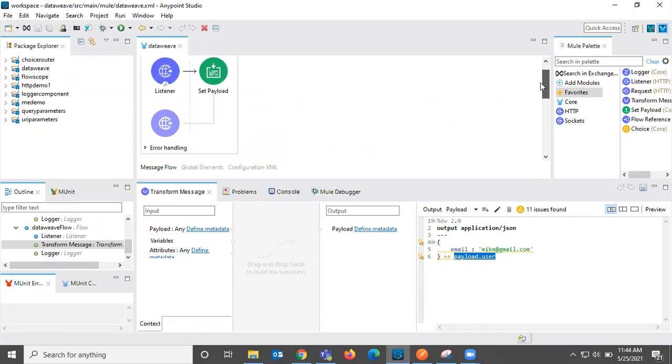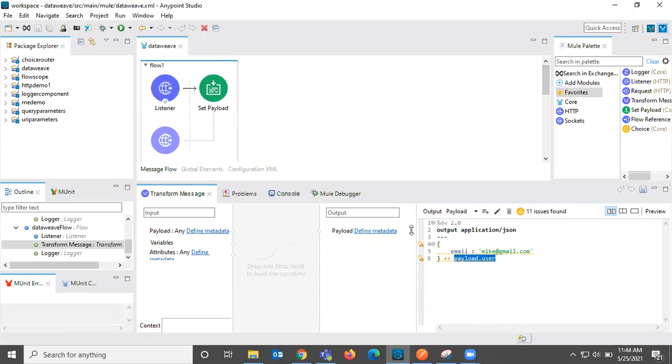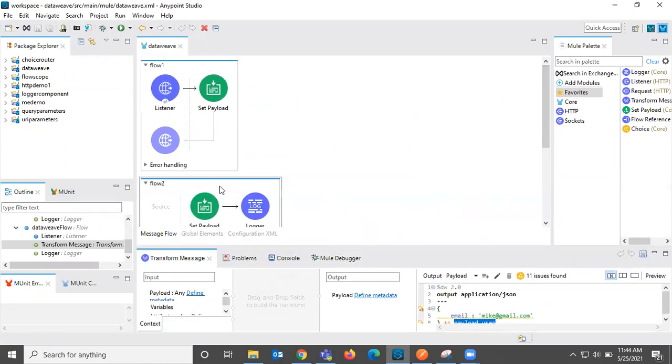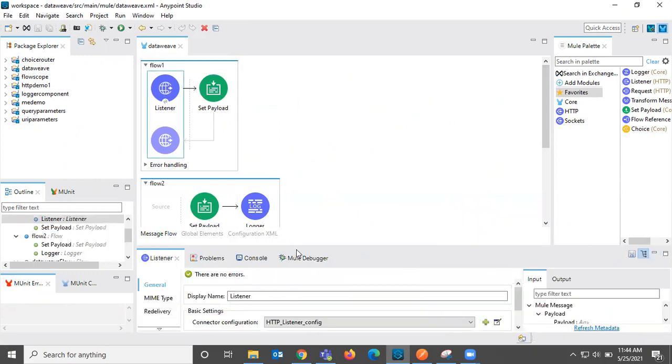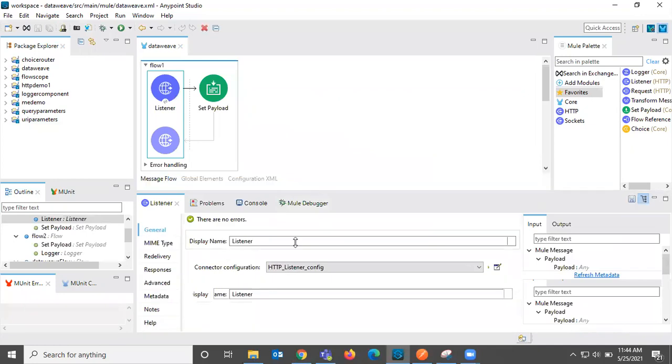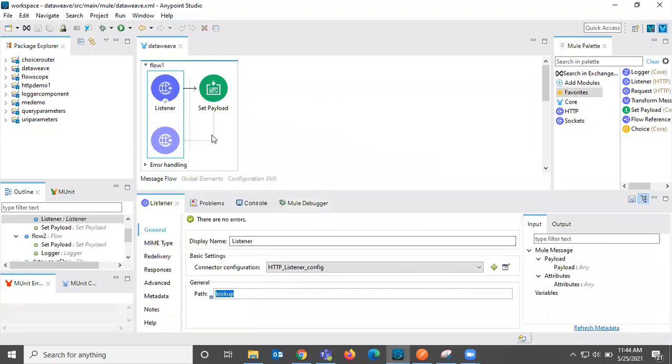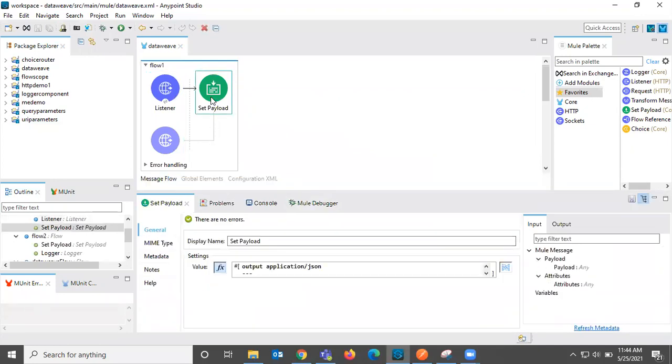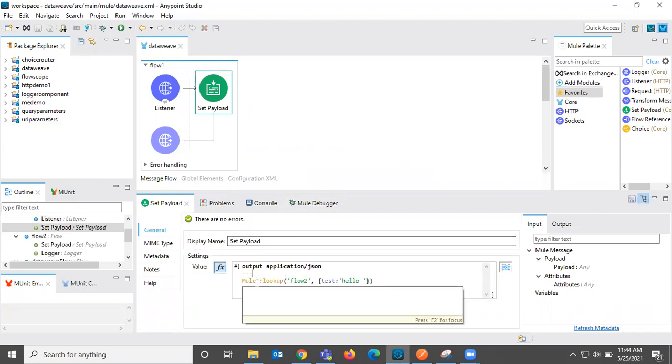So if you observe here, this is flow 1 and this is flow 2. So it is reading it, lookup, and then in the set payload, this is the expression that I have written: Mule lookup flow 2 and then test hello.